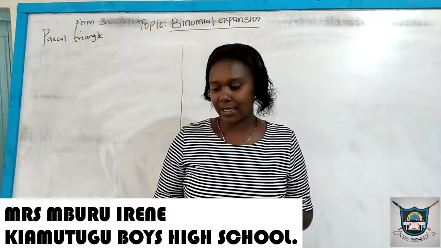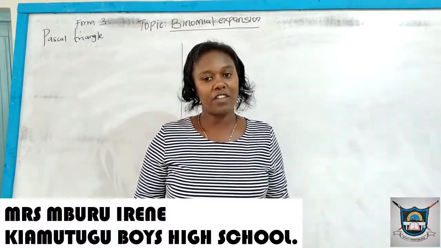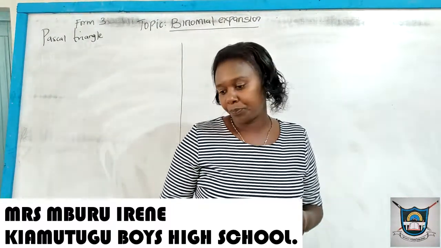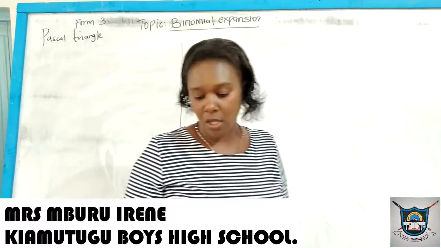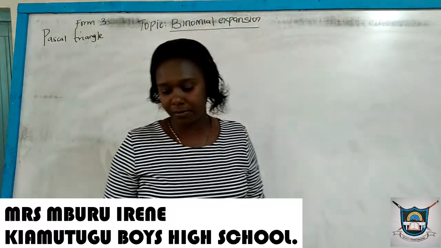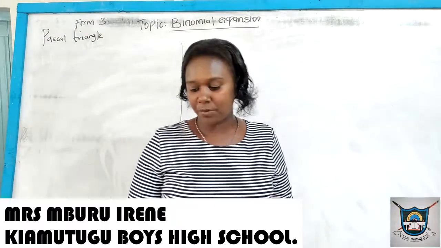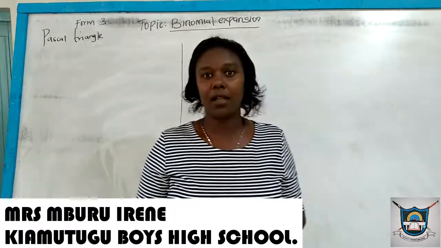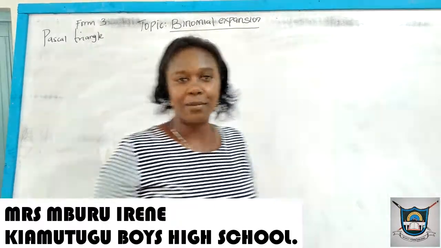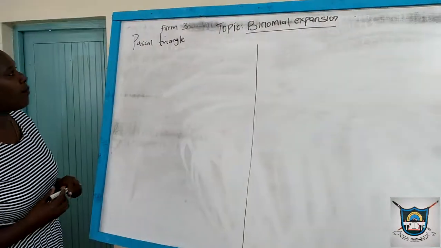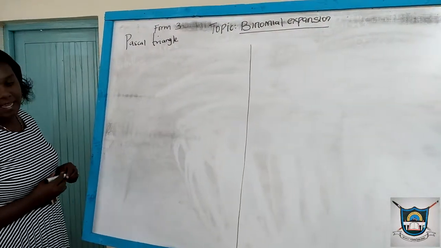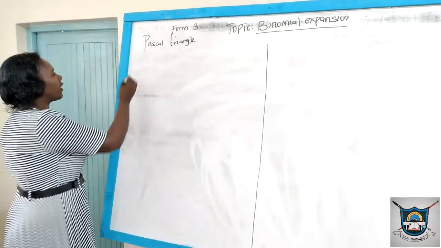Yesterday we looked at the review of expansion, and today we want to continue with it. We had already started with the Pascal triangle, which we said was developed by a French mathematician called Blaise Pascal. So we want to develop that, but we'll be using the mathematical table to be able to come up with it. We should recall that